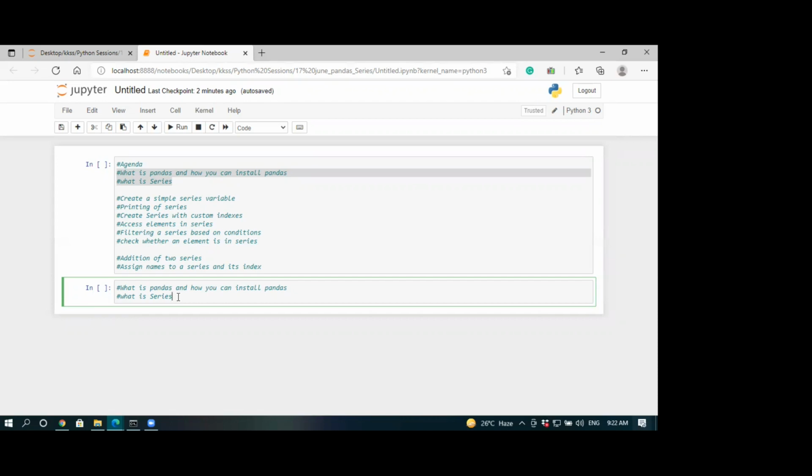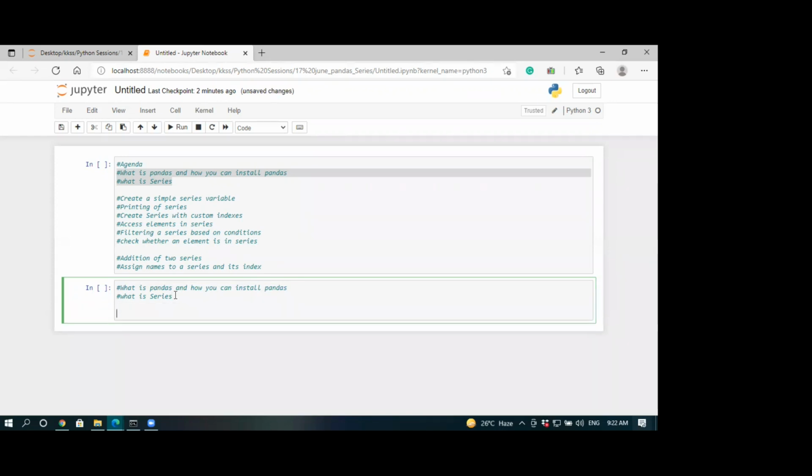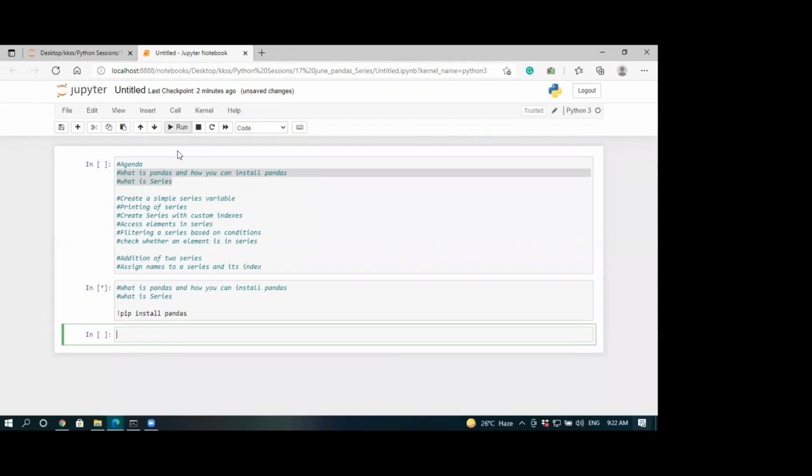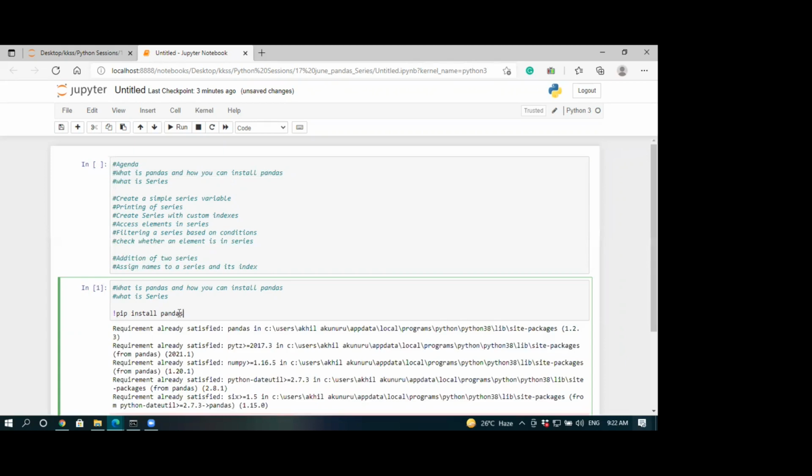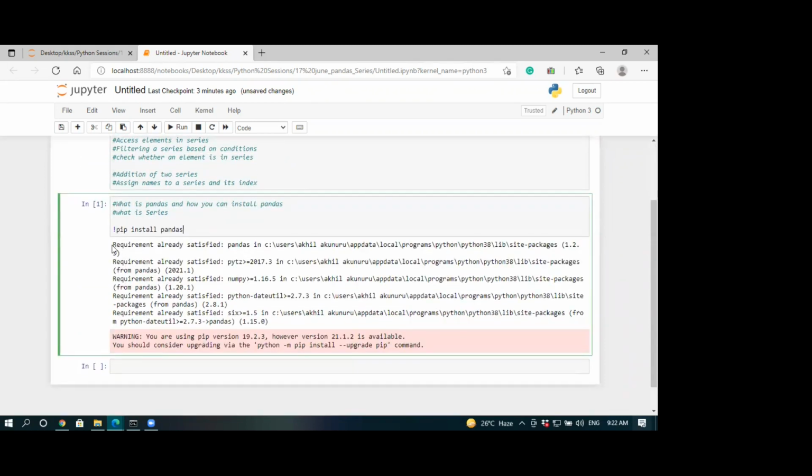That's about series. Now let's see how we can install Pandas if you want to. To install Pandas directly from here, you can just run this command: pip install pandas. Now I'll click on run. You can see it's running. If our Python doesn't have the Pandas library, it's just going to install it. You can see I already have it, so it's saying requirement already satisfied. And you can see this is the first cell that we ran, and that's why we are getting one over here.